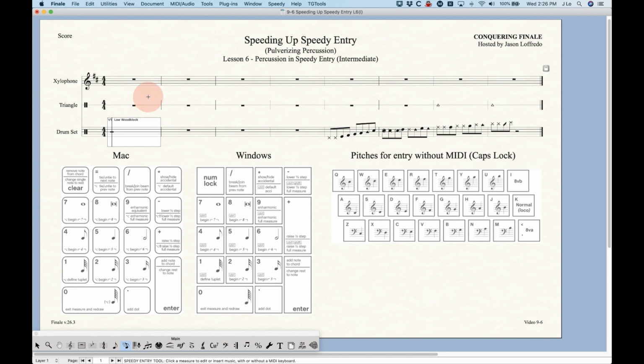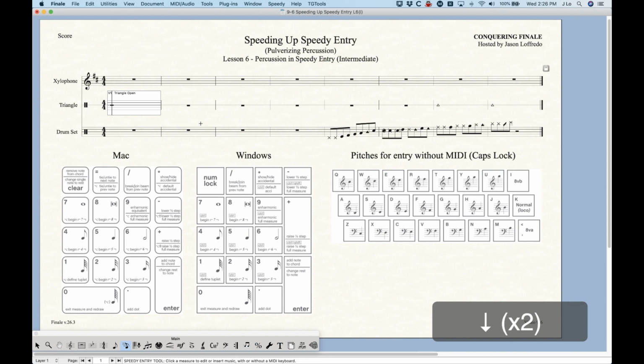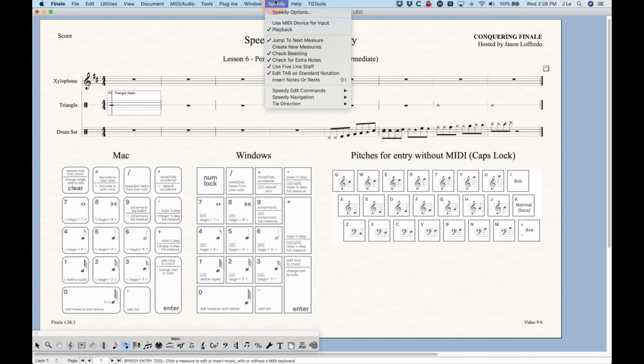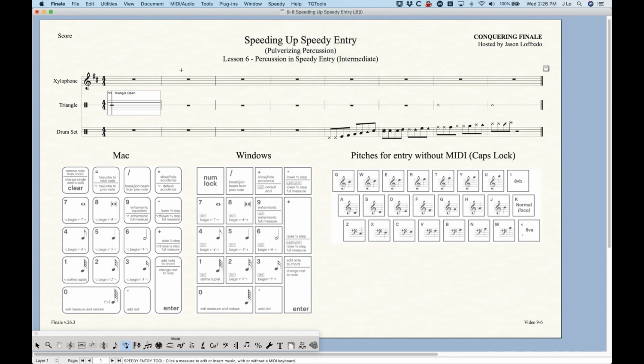Where it can be useful, however, is in single line instruments. For example, this triangle part where you only have basically two instruments: the open triangle and the mute triangle. Once you get your cursor to where you want it, the open triangle, using Speedy Entry without the MIDI device is actually pretty easy, and might even be easier than with a MIDI keyboard, because from here all I have to do is start pressing rhythms 5 4 4 5 to get